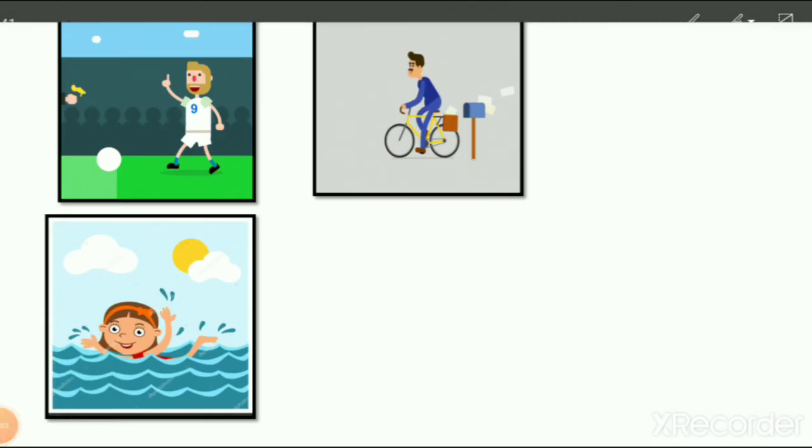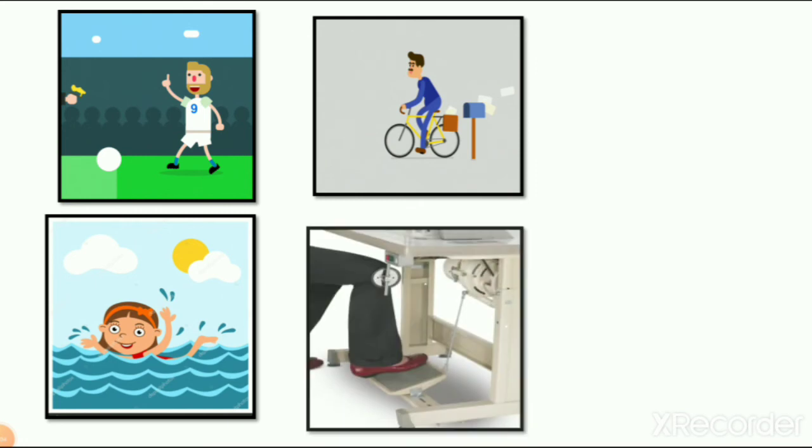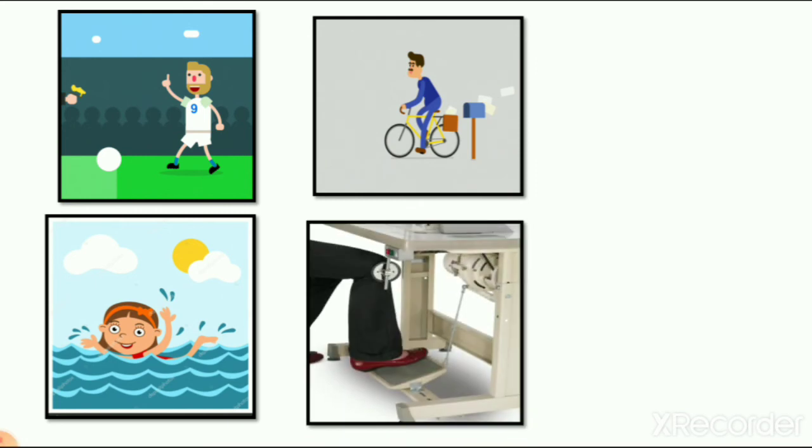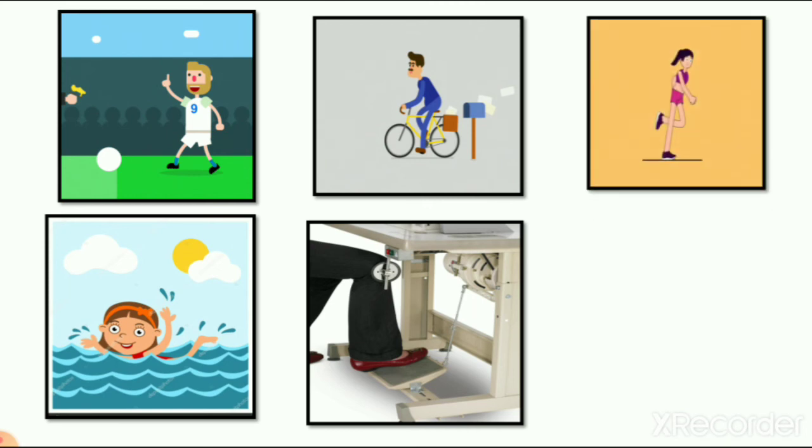Then next is using different types of machines, right? When we learned about hands, we learned that we use our hands in driving and in using some machines also. So this is a machine in which we are using our leg, and in running,